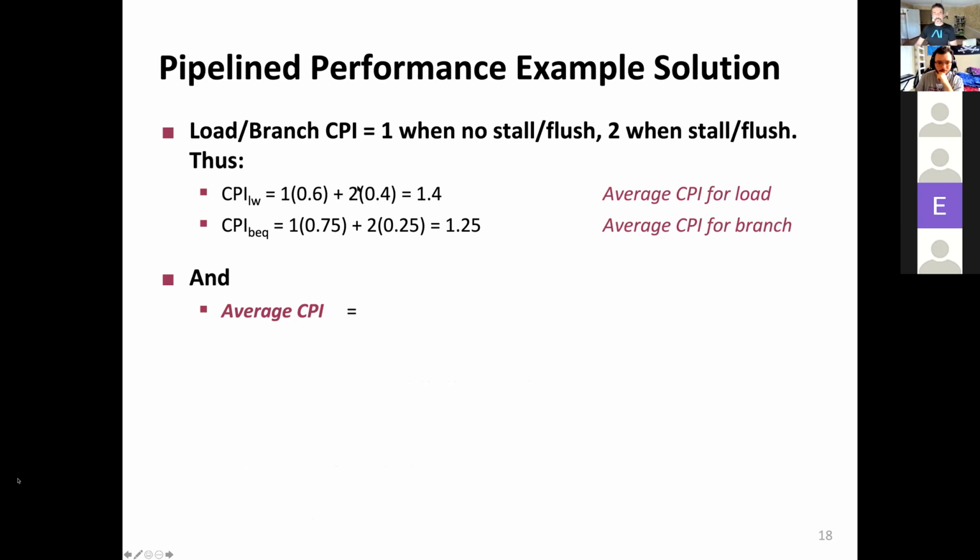So in 40%, we basically need to pay this 2 cycle, one additional cycle. By default, if everything is moving in a perfect manner, no penalty,